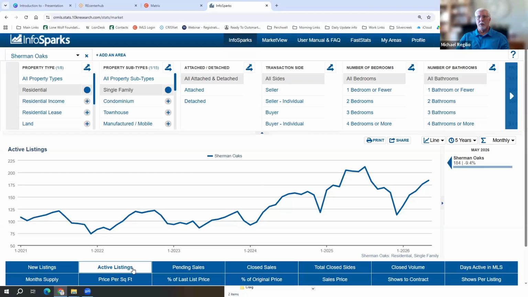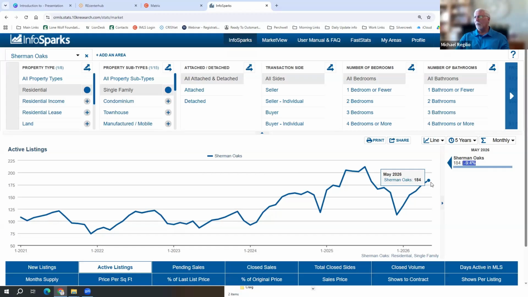How many active listings, total active listings on the market month by month. So here we can see that our low point was December, but we've steadily added listings on the market every month. So we're at 184, and it shows that the 184 is actually 9.4% less than